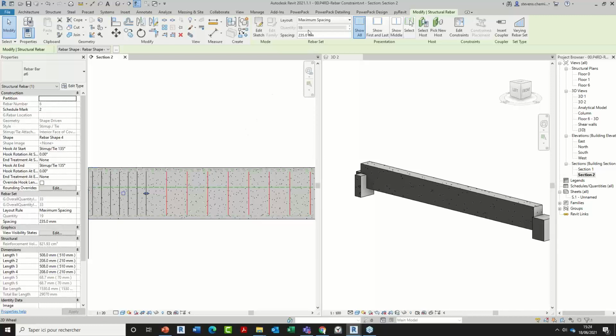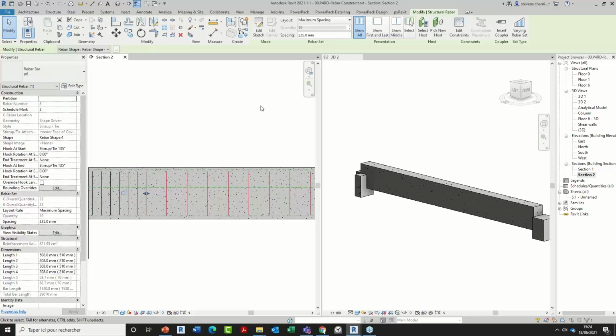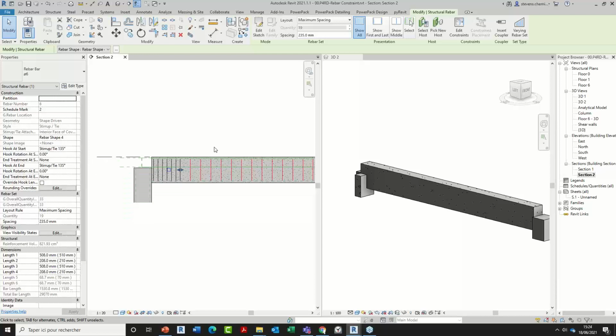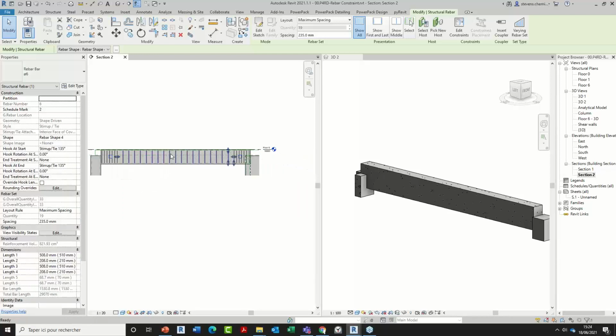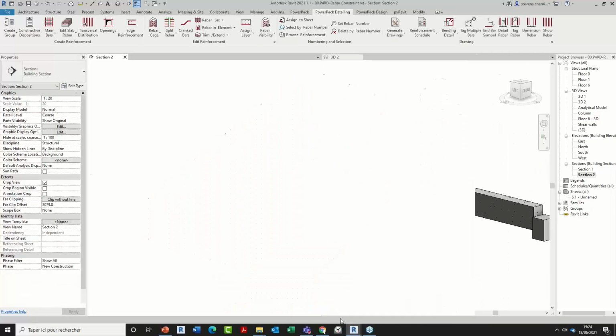I know that in some countries, it's a type of configuration and settings for the extremity of a beam and the transversal distribution that is expected and needed to manage the reinforcements with variable spaces for transversal distribution. So this tool was completed in this version with this additional option.